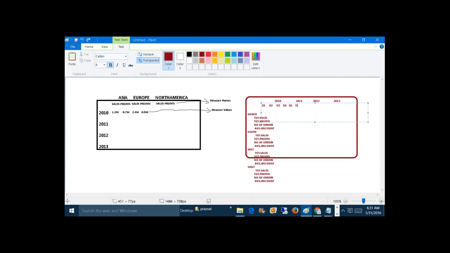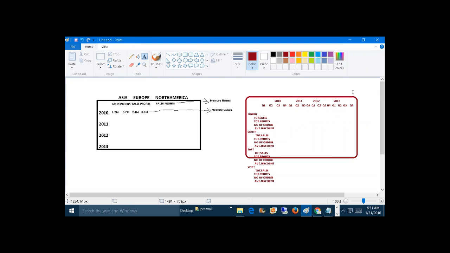And in 2011 also I'm having 4 quarters, Q1, Q2, Q3 and Q4. In 2012 also, and in 2013 also, Q1, Q2, Q3 and Q4. It is the information I am having in every year, every quarter, every region, and under every region we have